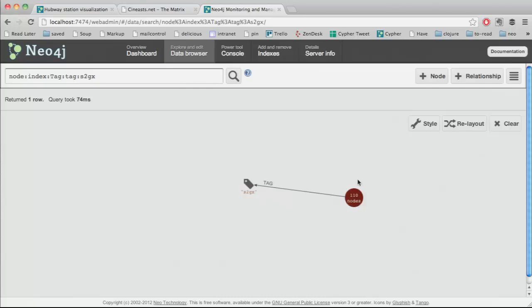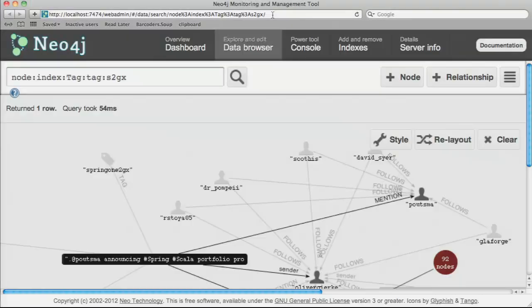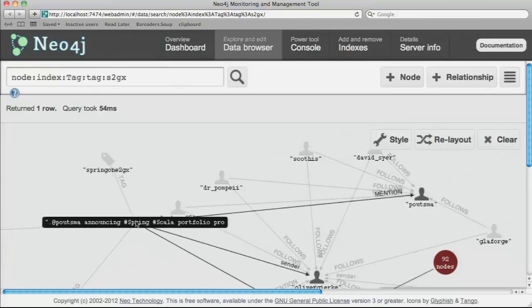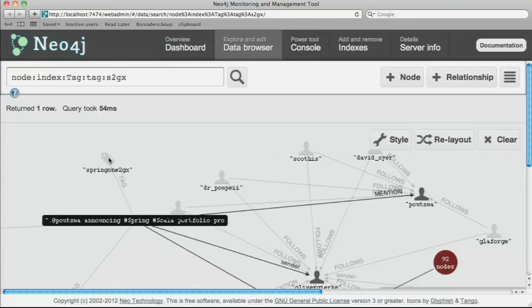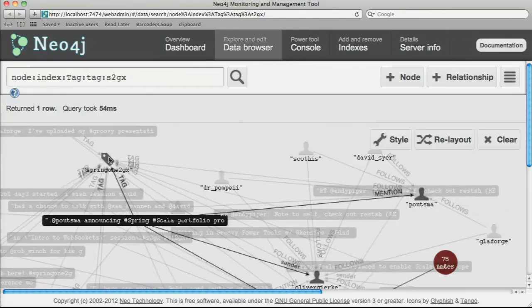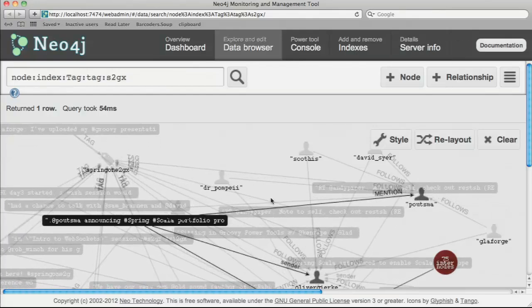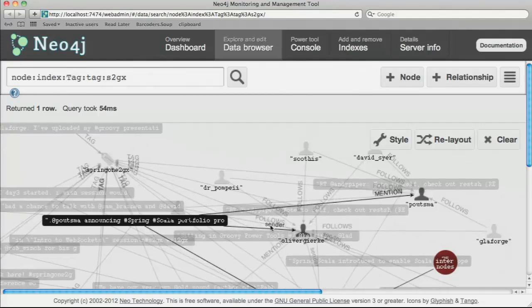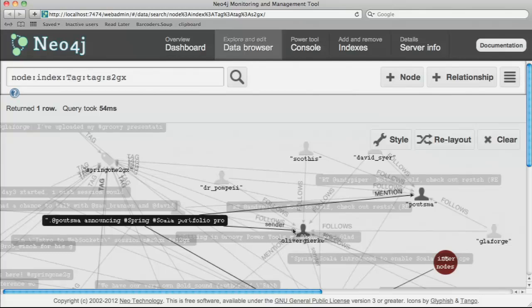And all right, there I had it open in the other browser. There we are. So that's the data browser for the server, and here you see the tweets. They are tagged with a certain tag here. We see that many other tweets are also hanging onto this tag, and we have actually people in here like Oliver, who follows other people, who send certain tweets, and who is also mentioned in other tweets.